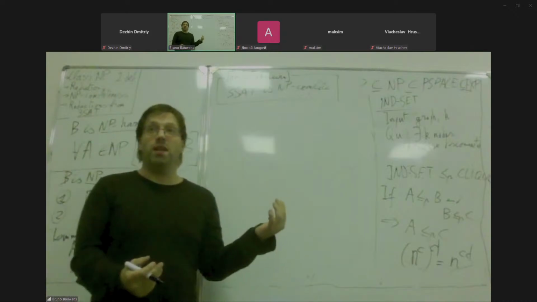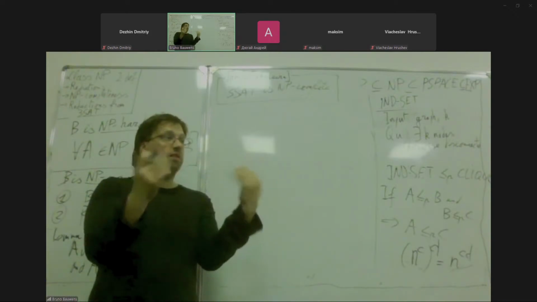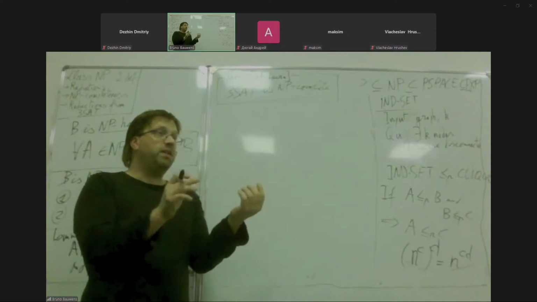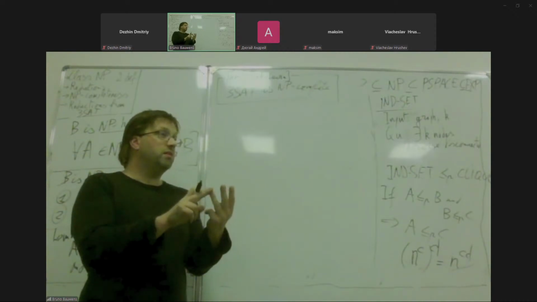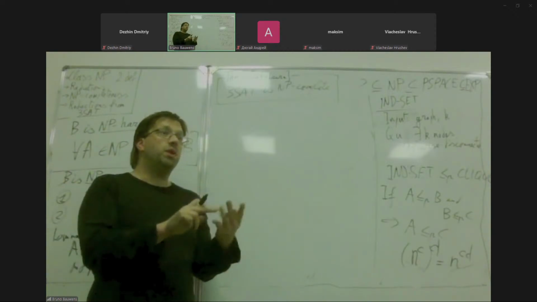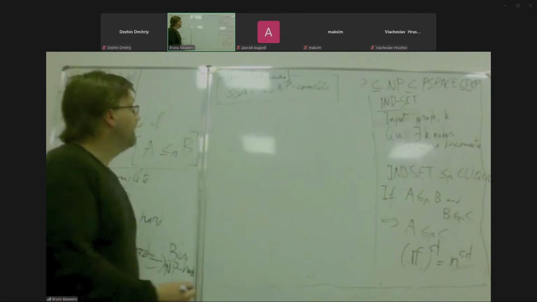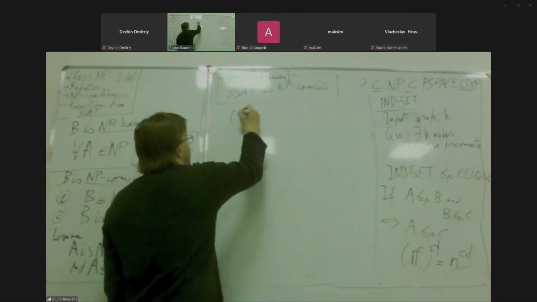What is a Boolean formula? Boolean variables are variables that take value 0 or 1. Boolean operations are AND, OR, and negation. And so you can build a formula using these three operations. That's a Boolean formula. Okay, so for example, x